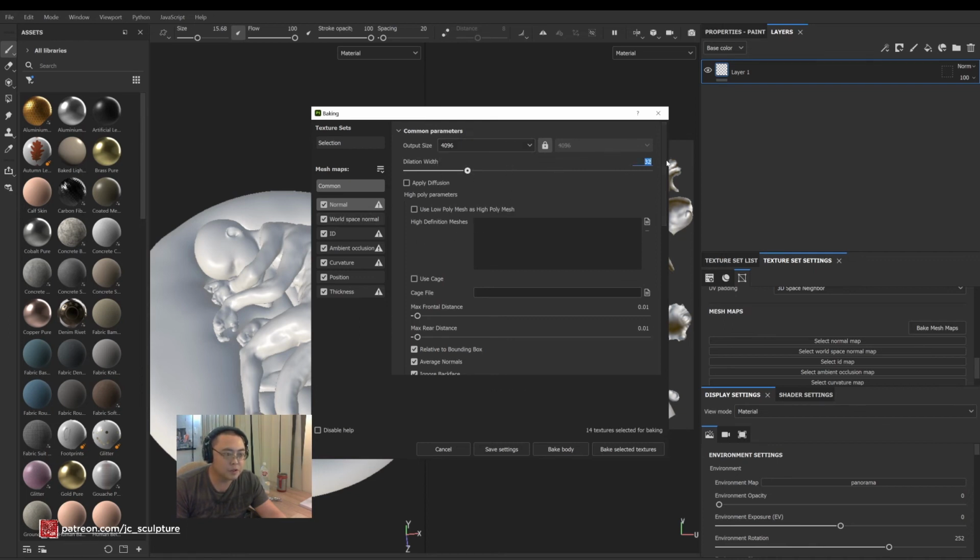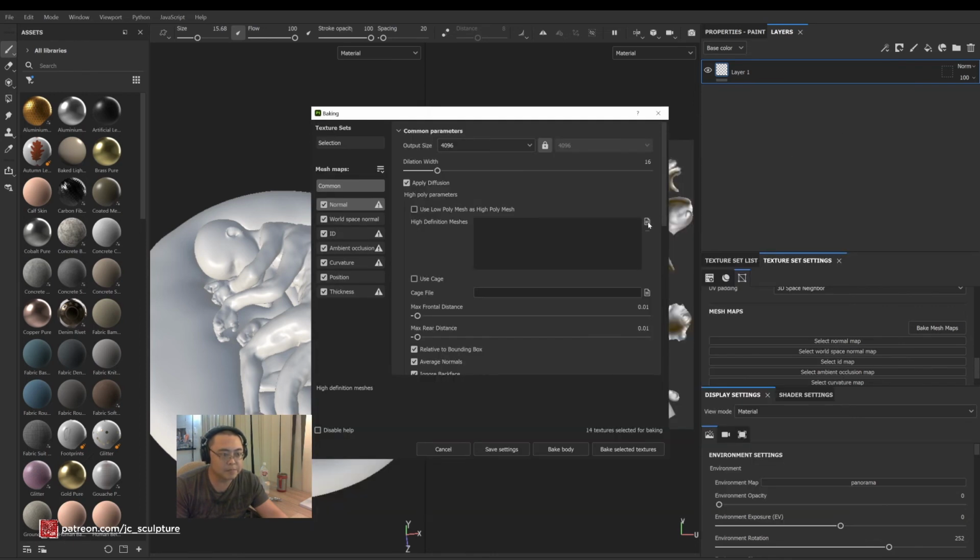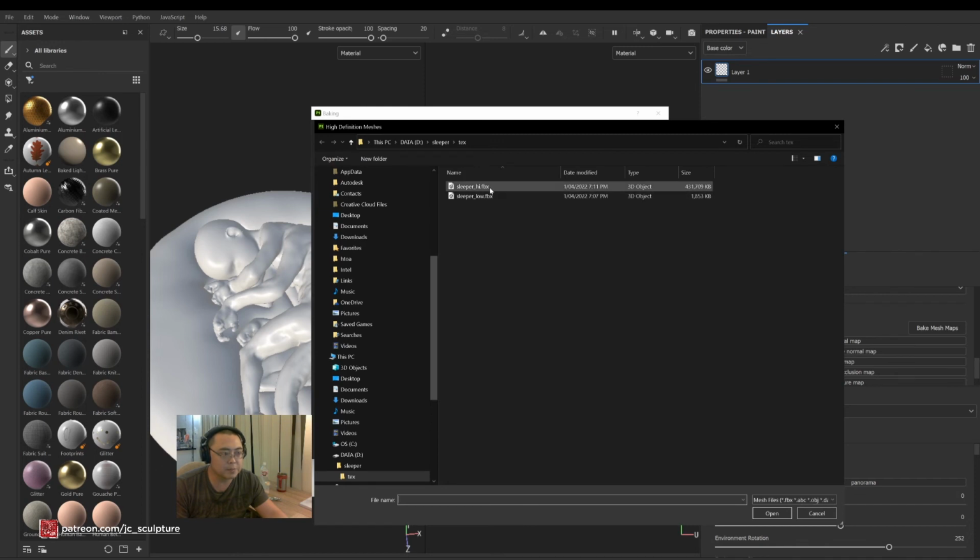Dilation width, change it to 16 depending on how big your UV layout was, but 16 or 32 is fine. Make sure apply diffusion is ticked. That just avoids any sort of UV seams you may have. And then under high definition meshes, we want to click on that little document button here, and then select sleeper high,